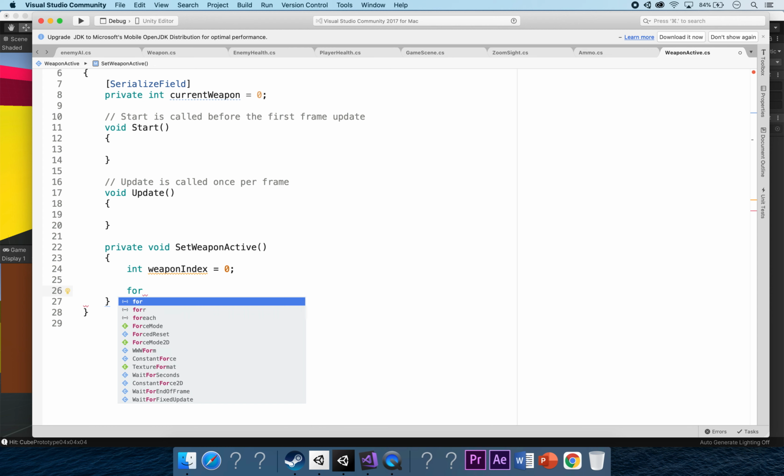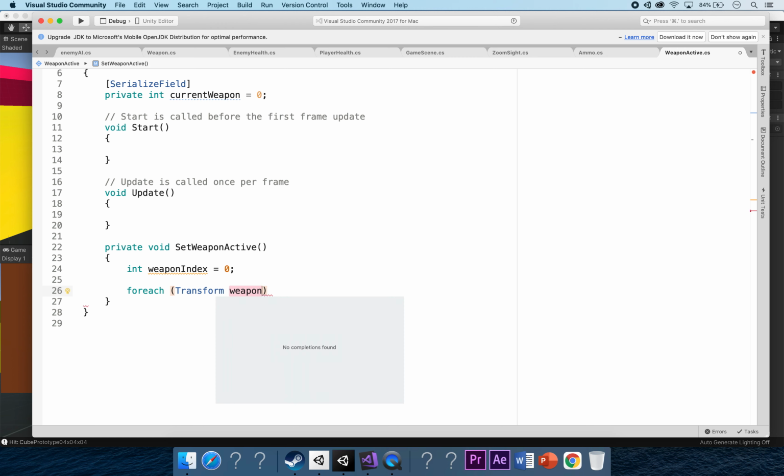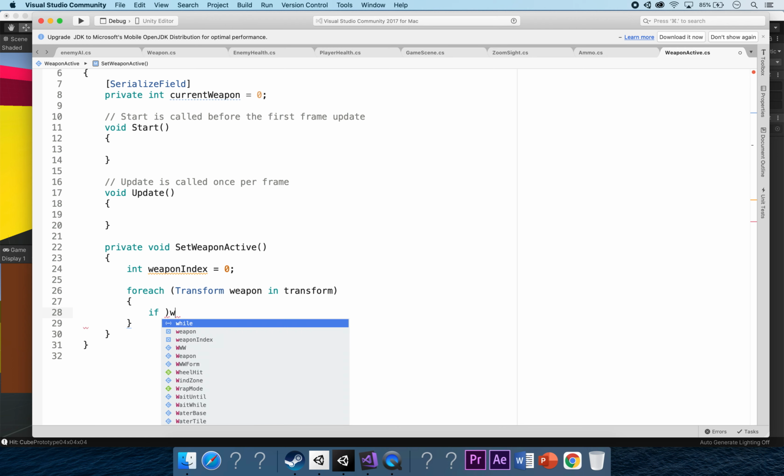So what we're going to say is foreach, and we can say transform. So we're going to transform between the two weapons in the weapon index, or that would be weapon. Sorry, it would be weapon in transform. So we can transform between the two, allowing us. So we need to say, there we go, if weapon index